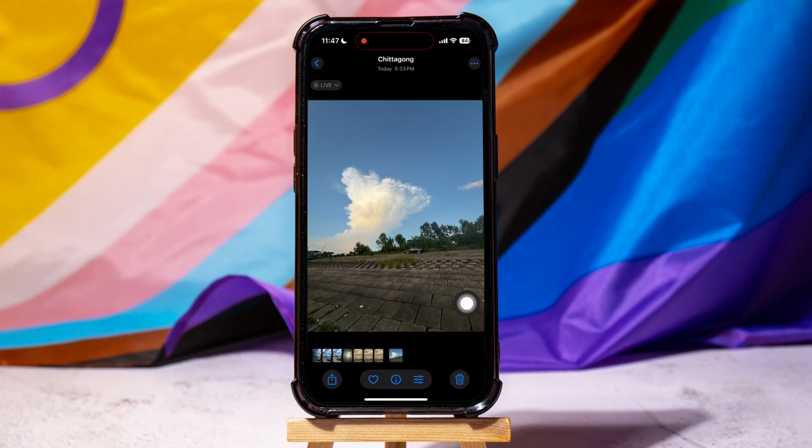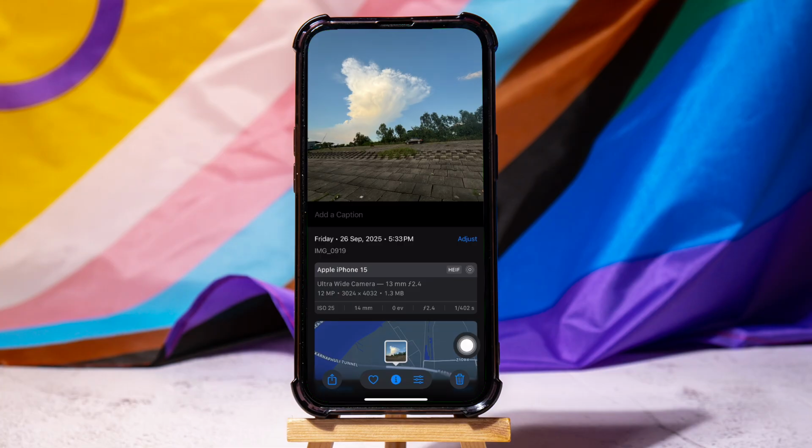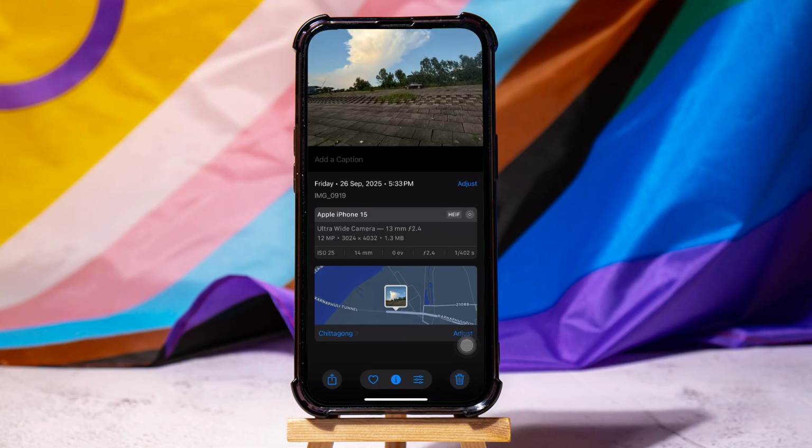With the photo open, tap on the information icon in the bottom of the screen. This action reveals a detailed information panel below the image. Here, you can see various metadata, including the date and time the photo was taken, camera details, and a map